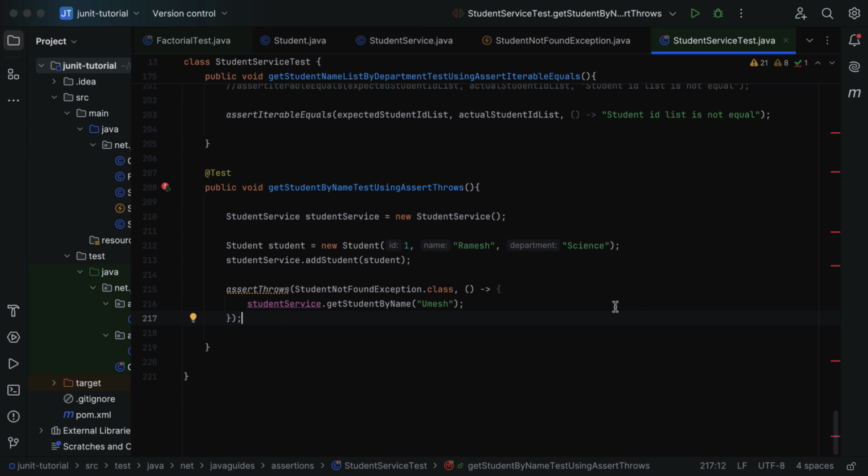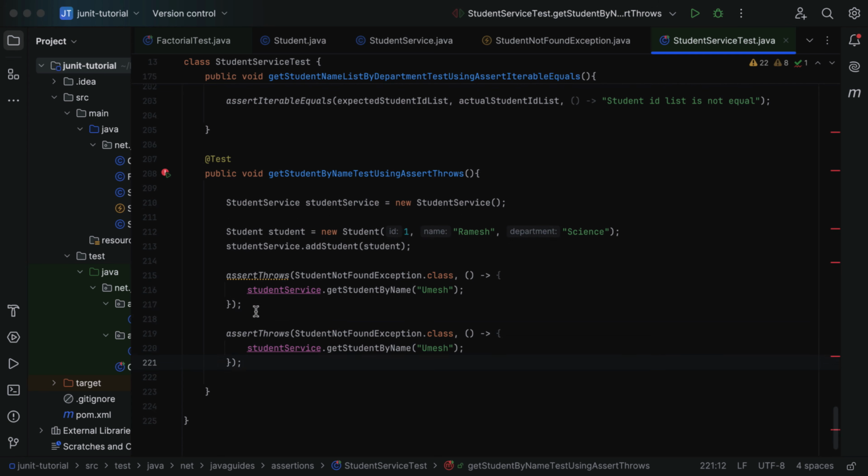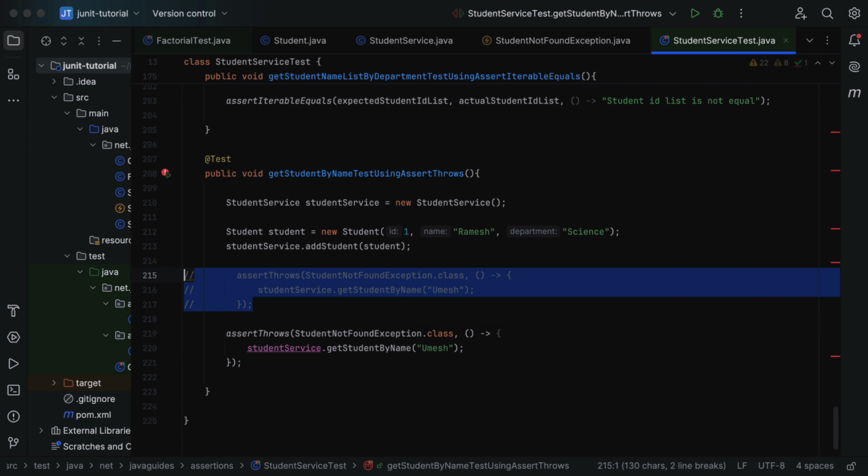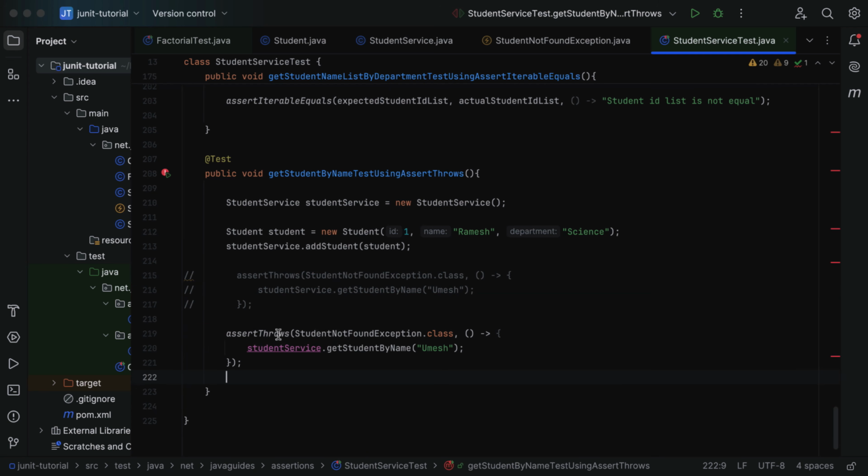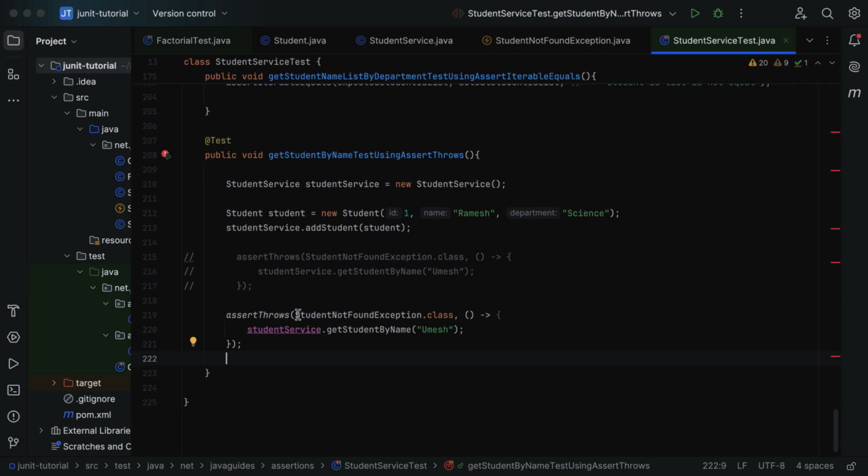and let us go ahead and see the other overloaded assertThrows method. So here let me copy this and paste it over here, and let me comment out this. So this assertThrows method takes three parameters. First parameter is the expected type, second parameter is the executable interface implementation, and third parameter is the message, custom message, right? So here let us pass the message,